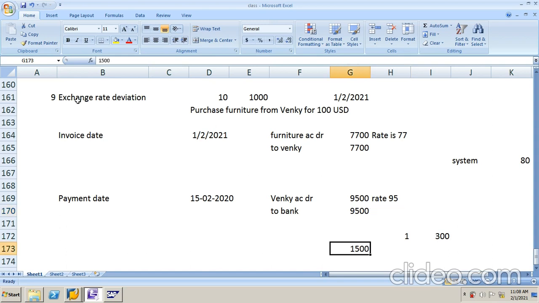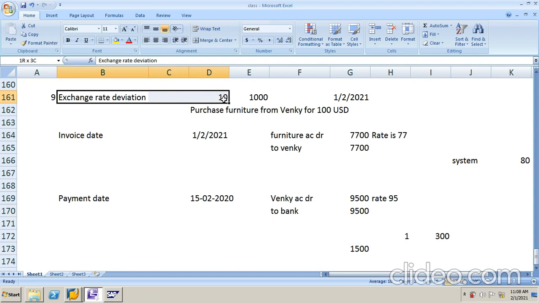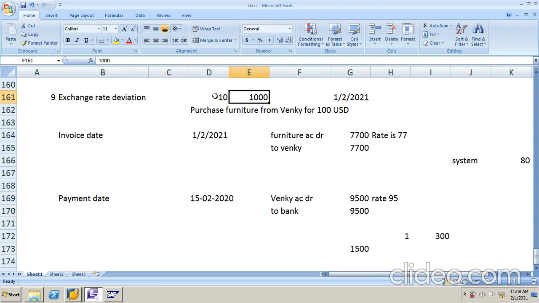So the system is automatically restricted here. Only if the percentage is a maximum of 10% will it allow posting the entry. The difference is 1500, so the system will give the warning message. This is very important. Why we are giving the exchange rate deviation: if there is any exchange rate deviation between the system amount and your manual amount, and the amount exceeds a certain limit, it will give the warning message. That's it.